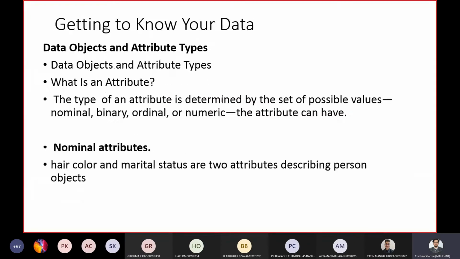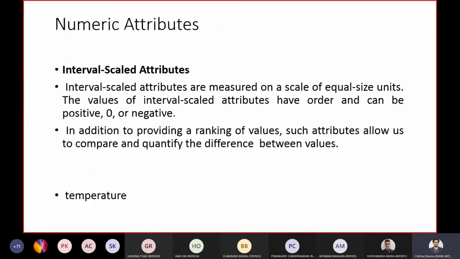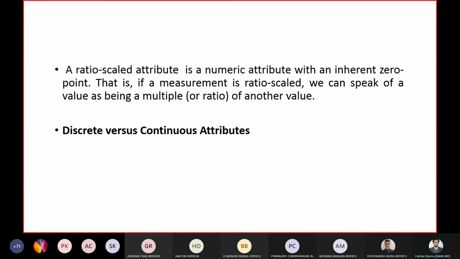Last class we studied mainly the data, the different types of data and other attributes. So you should be in a position to identify the type of attribute required for a specific scenario. For a given data, you should be able to classify it into one of the types of attributes which you have learned.